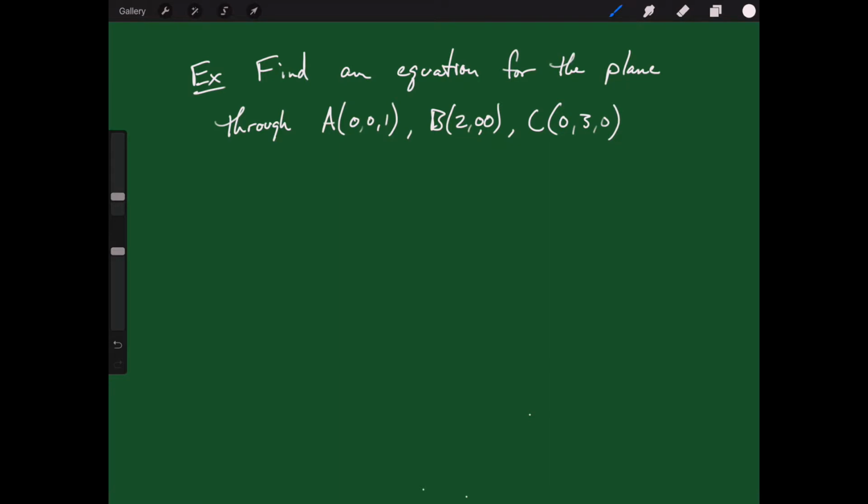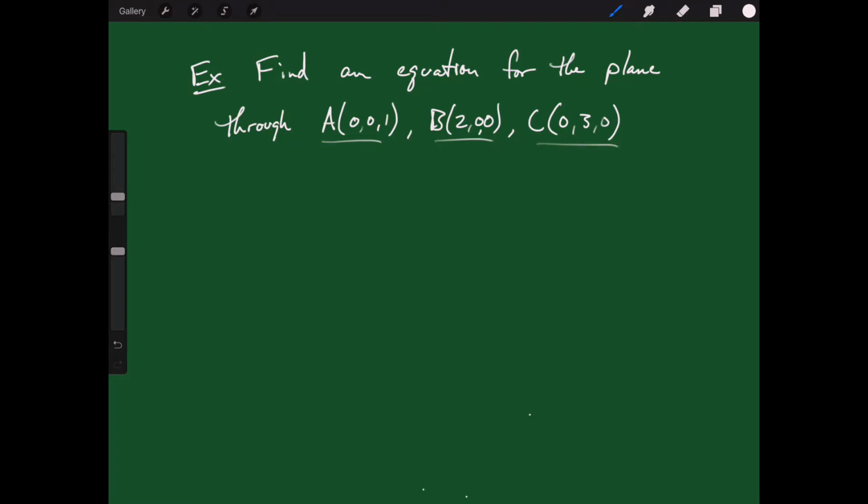Okay, so if you have three unique non-collinear points, there's exactly one plane that goes through them, and so we'd like to determine what that plane is. So to do that, what would be really great is to know a normal vector to that plane. But think about it this way. If we have these 3 points, A, B, and C, and they are all in the plane, then if I